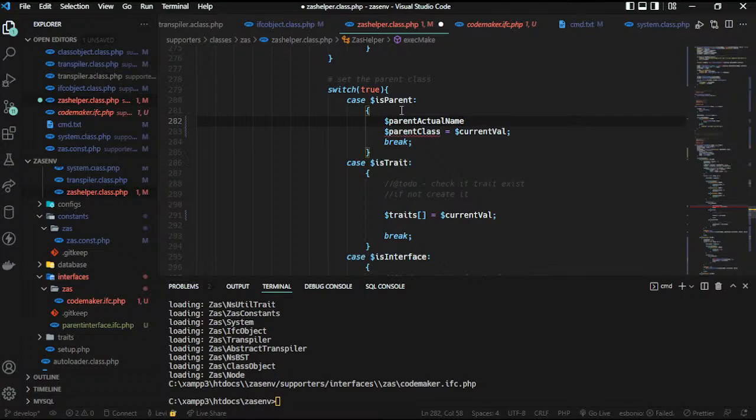Hey, there's a big problem here. If the parent already exists, then we won't return the parent actual name. And we should be able to return the parent actual name. Okay, so don't worry. We're going to fix this. This one's not going to be a problem. It's going to be this make class,